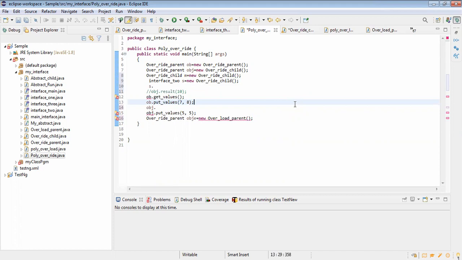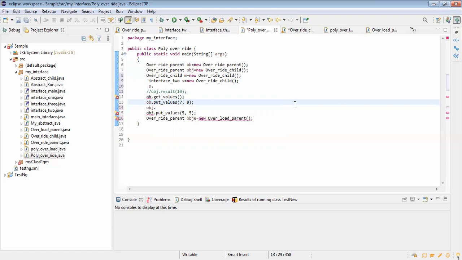So I'm saying, upcasting. If someone asks what upcasting is, it's very direct and straightforward: with the help of another class, you are creating an object for another class. I told you what I understand; you can refer to books for the formal definition. You are creating an object with the extended class. That's the way it is.